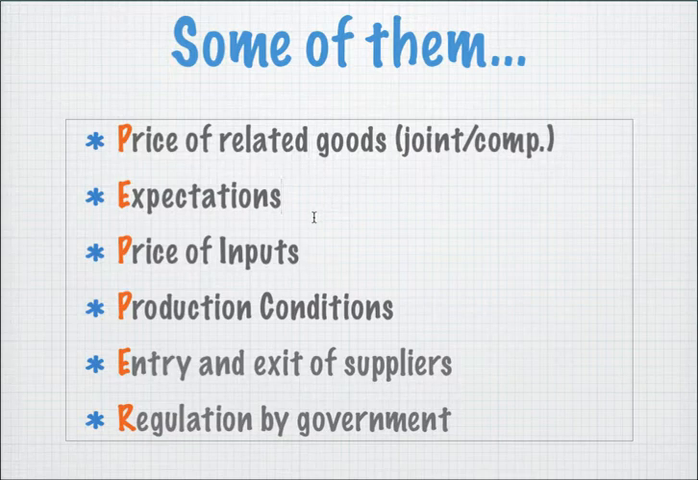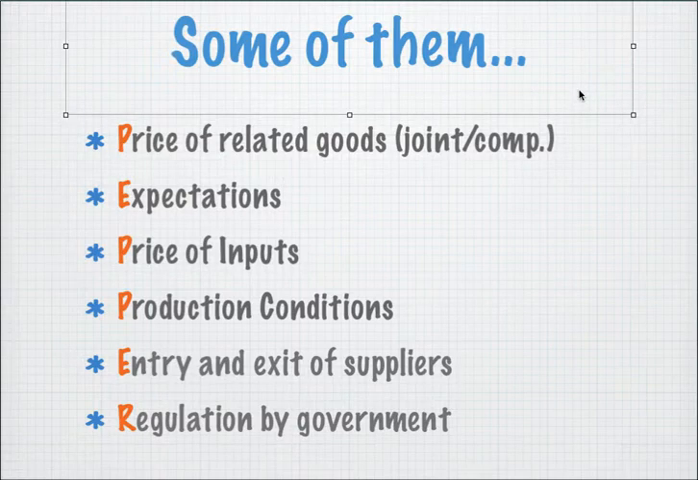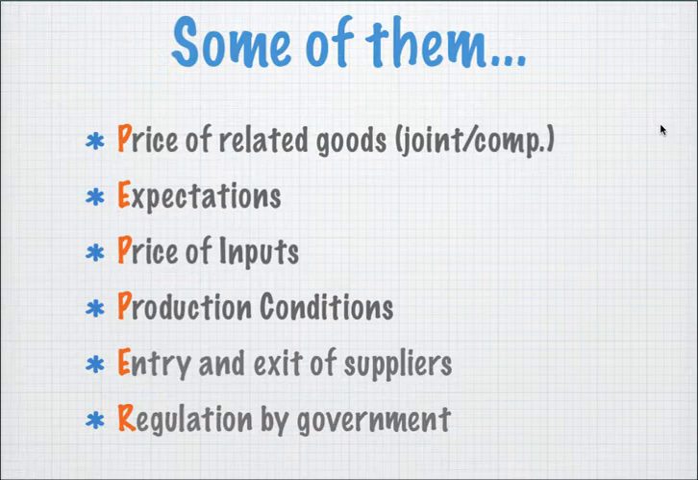Alright, the next thing is expectations. So what is it about expectations? It is about expectations of future prices in the marketplace. So if producers expect that prices are going to rise, they want to produce more in the present. Okay, so I'm sorry, if producers expect that prices are going to rise, they will want to produce less now, because they want to wait for the price to actually increase in the future,